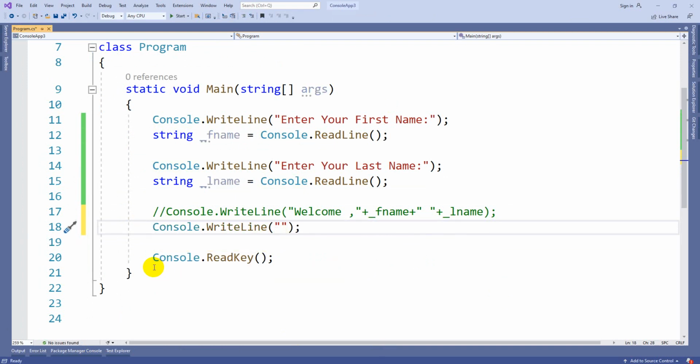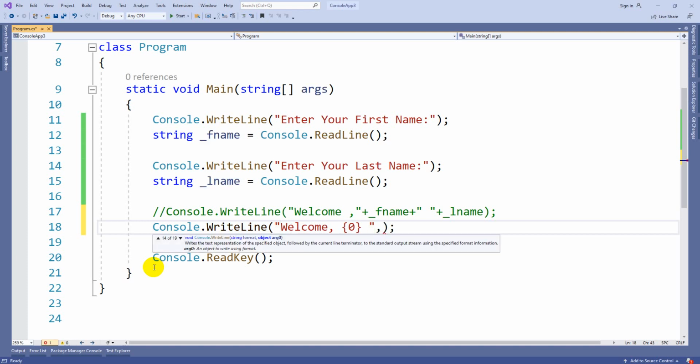Here you can use these argument values, these zeros and ones, whatever we are writing, we will call them argument values. So welcome comma as it is. Wherever you want to print the first name, you can use curly brackets surrounded by 0. 0 means after the closing of the double quotes, after keeping a comma, whatever variable you write is going to replace the value of 0.